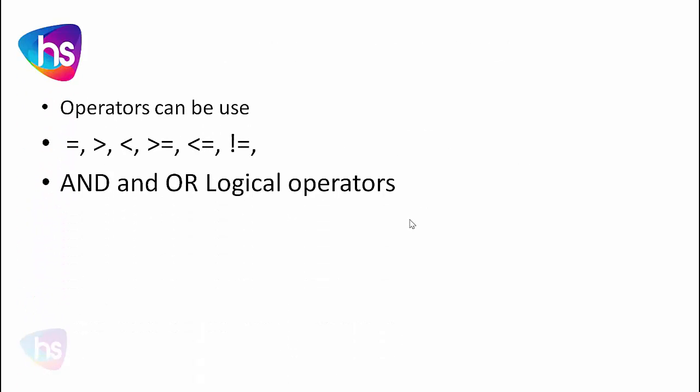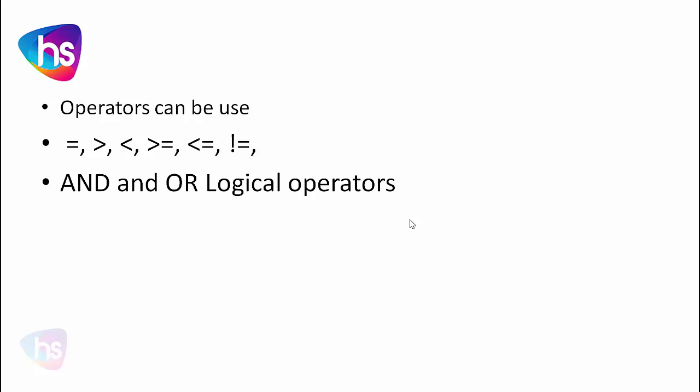Now see, the operators that can be used. Equal to: where a value is equal to the specified value we are passing, like where username equals the name of the user we are passing, or the ID of the username which our database uses, or an email ID as username, which most applications use nowadays. We can specify where username equals that particular mail ID with the equal operator.